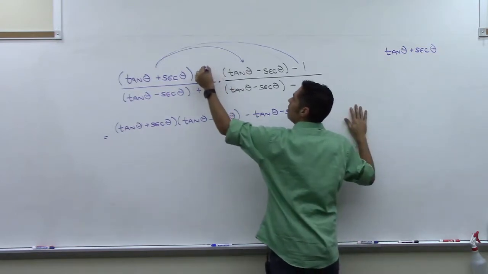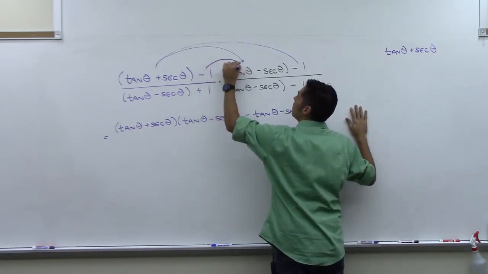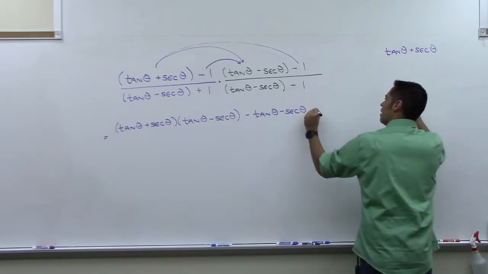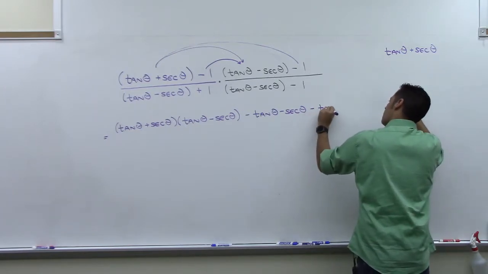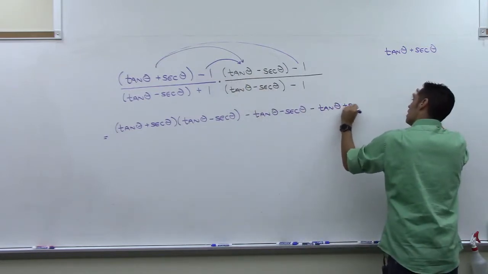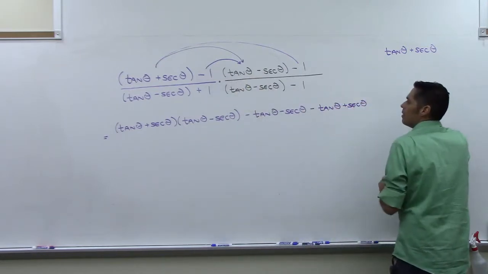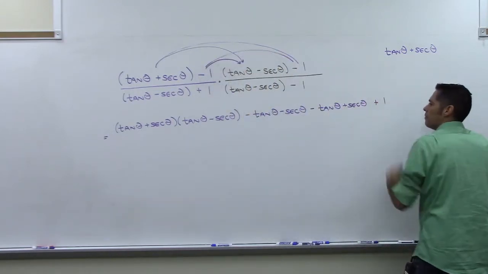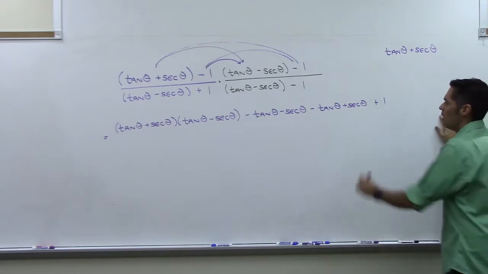Then I do this -1 times this. That's my inner one, and it's going to change this to negative, that to positive, plus secant theta. And then I have to do this times this, which is going to be +1. Okay, that's my numerator over